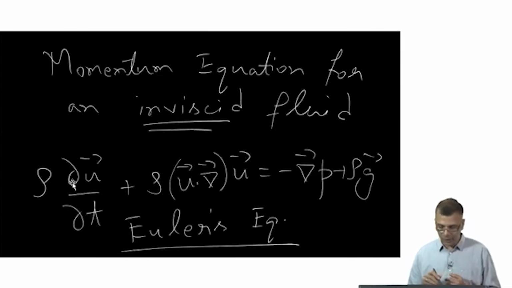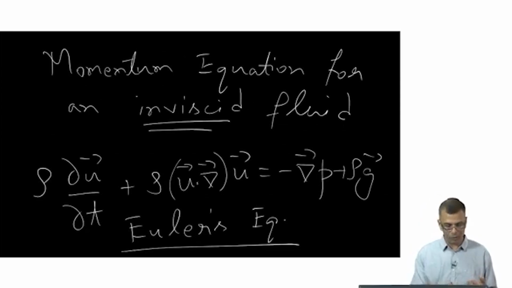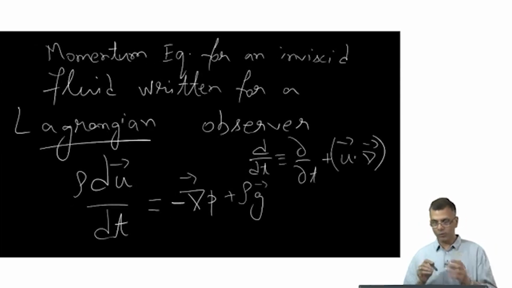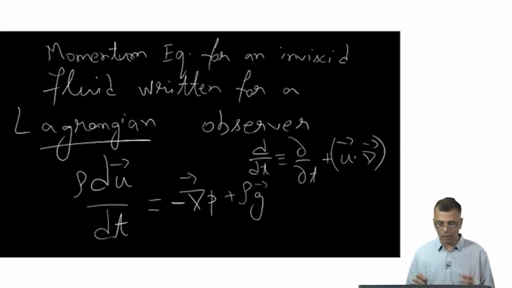You can arrive at the Euler equation written in the Lagrangian frame, in other words in the frame of an observer who is moving with the fluid, by drawing the analogy between the partial derivatives and the straight derivatives like this. You can use that on this equation,